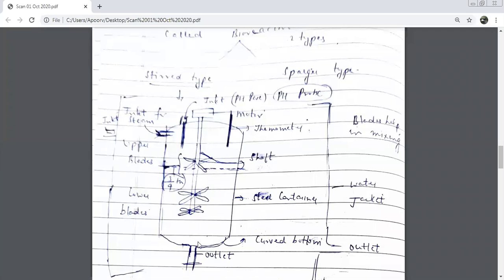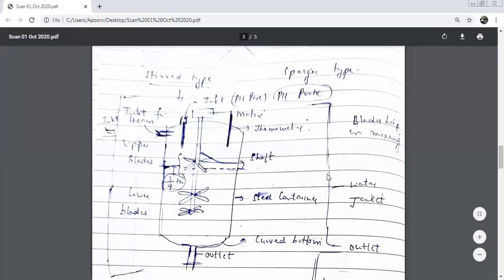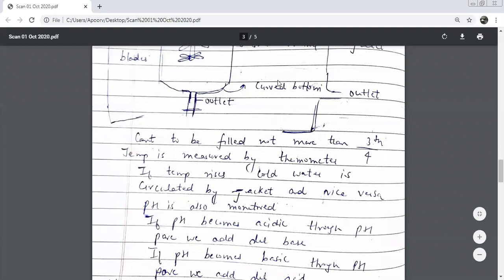And then we have an outlet over here. We had the shaft over here. Then we had the inlet here. We have the outlet here. What is this outside? What is this called? Water jacket. Yes, this is the water jacket. Now, the construction part we have already done. We are going on to the working part of this, beta.